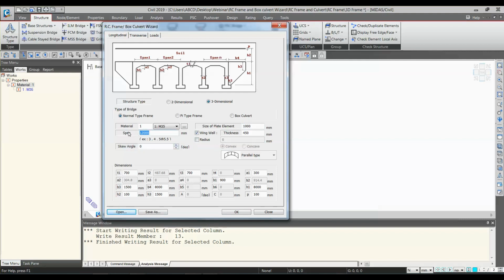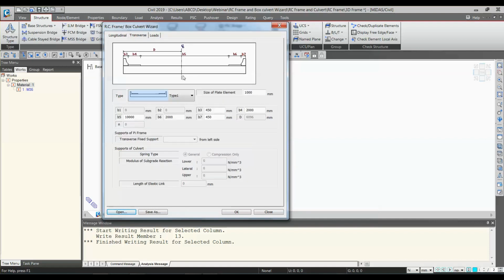As we have tried two spans of 6 meter, let's see only the single span. Okay, now whether you want to give the wing wall or not is as per the requirement of the clients and as well as the drawings that you have. Okay, now the same data will be available for the 3-dimensional. As you can see, the image won't change. So everything, H2P, all these definitions of the terms will be the same for 2D or 3D, whether it is frame or box culvert. Okay, now let's go to the transfers.